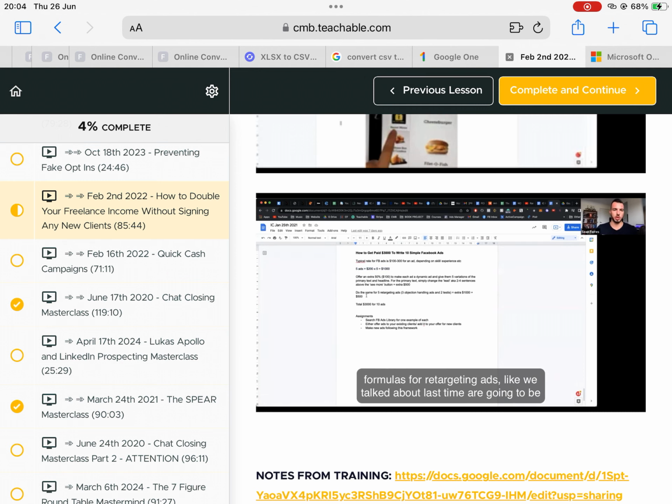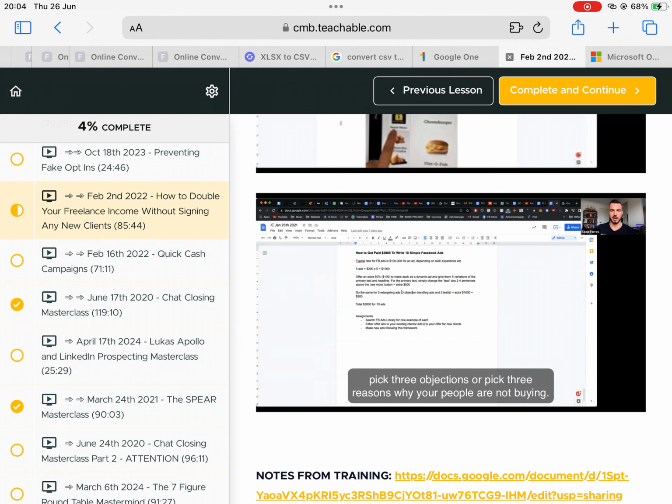So the way we do that, and proven formulas for retargeting ads, like we talked about last time, are going to be objection handling, or just testimonials. Those are two forms of retargeting ads that work super well every time. They're pretty much evergreen because your pool of people in the retargeting pool is constantly changing depending on the cold traffic on the front end. So they have a lot more length to them. You can leave these retargeting ads running for months, versus the cold ones, which you have to keep switching up and refreshing more regularly.